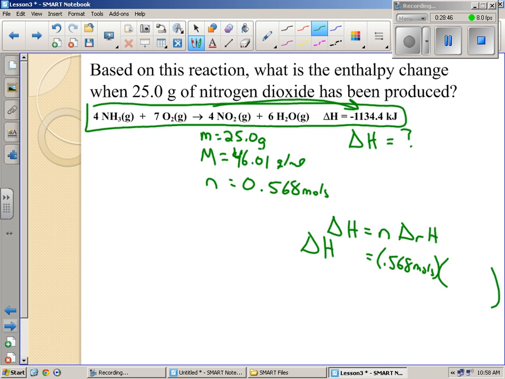and the molar enthalpy? Once again, I don't care about anything else. The only stuff I have here, guys, relates to NO2. So what's the molar enthalpy of NO2? Well, it turns out it's the negative 283.6 again because it's for 4. So negative 283.6 kilojoules per mole. And when I multiply those two,